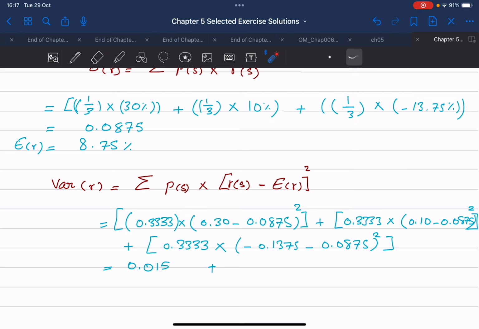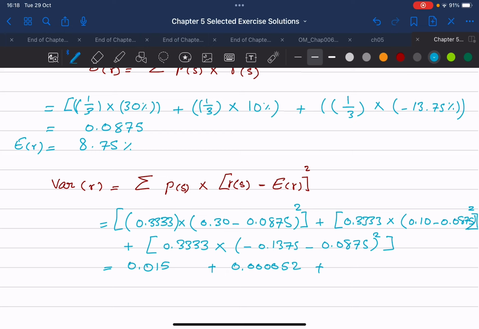I got a number that is a bit too small. I'll redo that. 0.10 minus 0.0875 to the power of 2 multiplied by 0.3333. Okay, 0.000052. Okay,